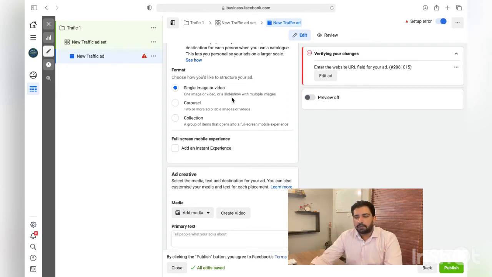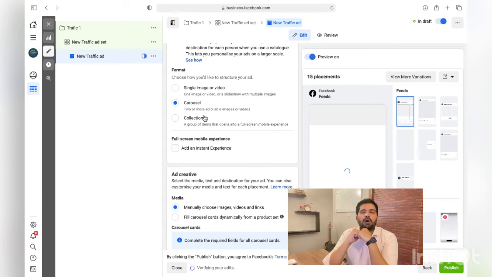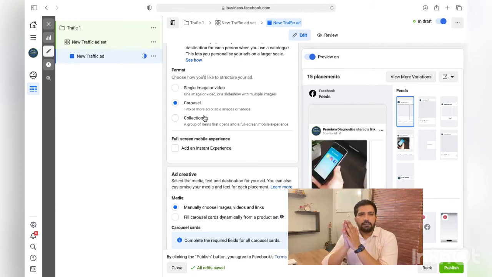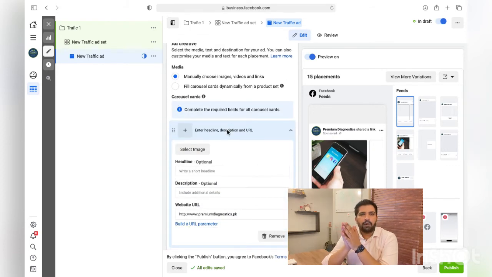Choose the page. If you have multiple pages, just choose the page. If you have linked your Instagram with your business manager, which I have shown in my previous video, choose that. Now you have different options: single image, carousel, or collection. Single image means one creative that'll be shown on multiple places. If you're running a single image, it needs to be very creative. Do not push your products or services again and again. I'll do another video on the sort of content or ads you should create. But a single image needs to be very attractive, so people actually click on your ad and don't skip it while going through their Facebook or Instagram feeds.